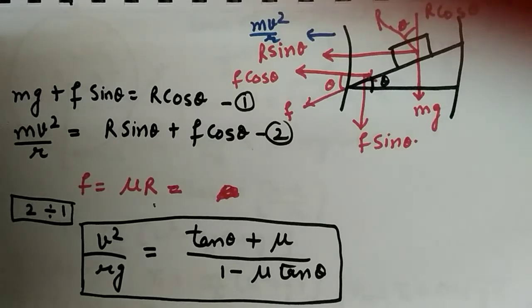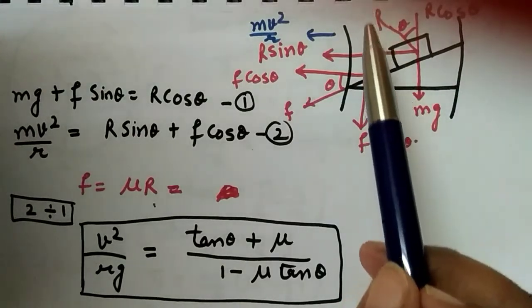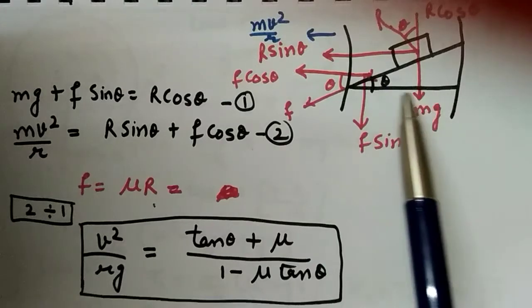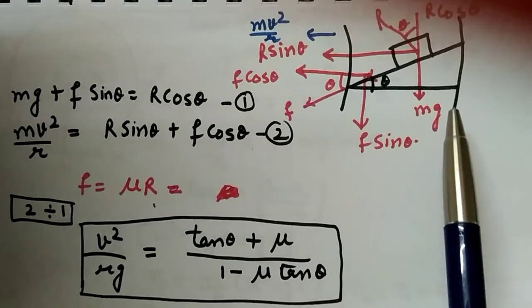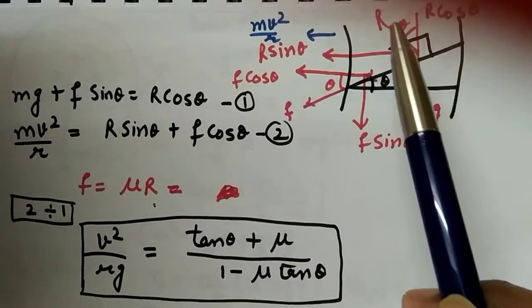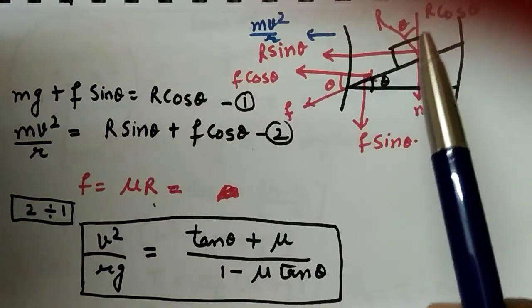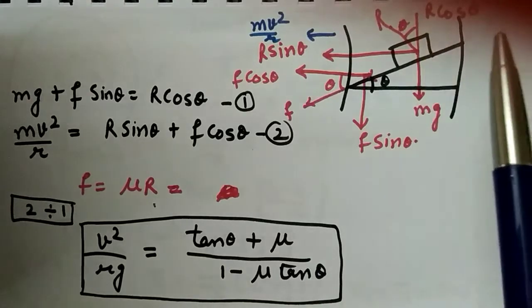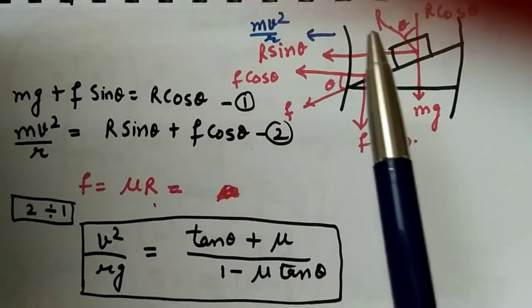So in this derivation all we need to do is to see the components very nicely. This is the car. Always assume one imaginary vertical to this line, this black line. So parallel to the vertical will be my weight component mg. But reaction component, since it is lying on a slope, will be here, and reaction component makes an angle theta with the same direction of mg. So we will convert it into R cos theta and R sin theta.